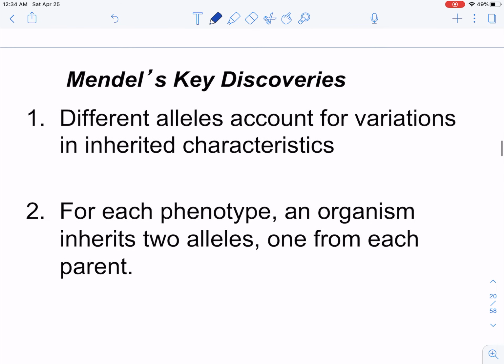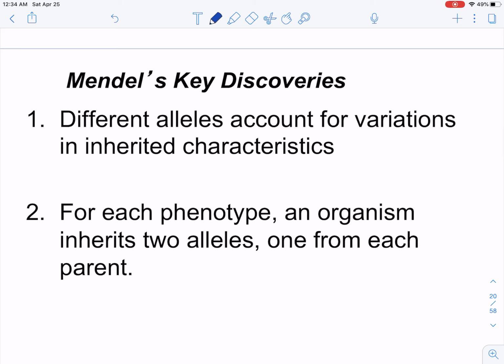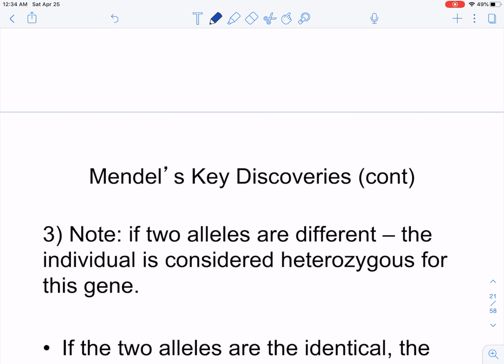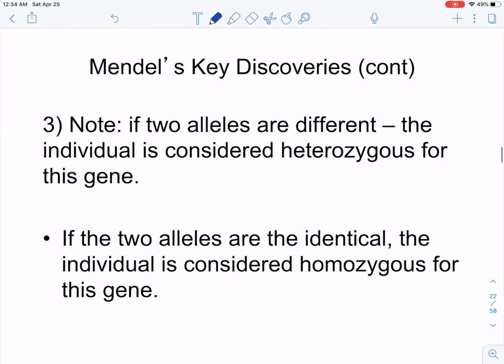So Mendel's key discoveries. Different alleles account for variations in inherited characteristics. For each phenotype, an organism inherits 2 alleles, okay, 1 from each parent. And again, for most genes, it's a little bit more complicated than just 2 alleles, but we'll just follow along with Mendelian genetics, okay? Don't overthink it. I'm not going to have you do these absolutely crazy Punnett squares